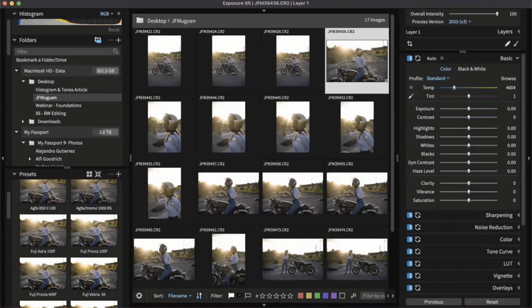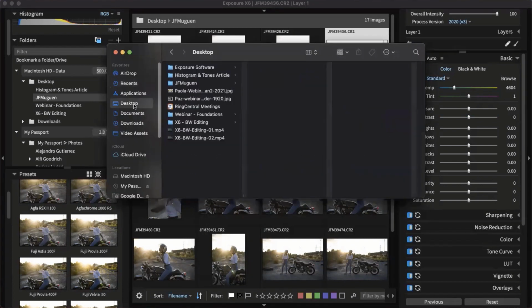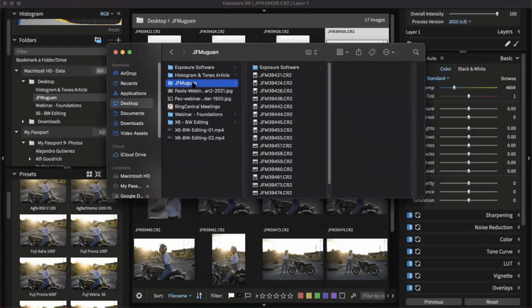Exposure uses a catalog-free workflow. So let me show you what that means. I'm going to pull up a Finder window. Here we go. So it uses a catalog-free workflow. So on my desktop, I have these folders you can see right here, and I've selected the same one we can see in the folders panel on the left. Then I've selected it here, and you can see all the images inside that folder, just like on my desktop. And these are where the sidecar files live for Exposure. So because all the edits are stored here in the sidecar file,